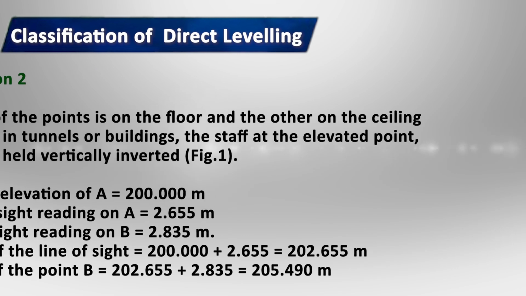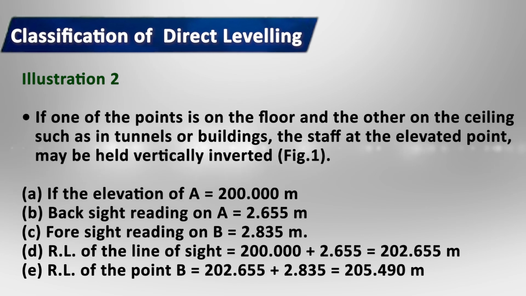In the next illustration, if one of the points is on the floor and the other on the ceiling, such as in tunnels or buildings, the staff at the elevated point may be held vertically inverted as shown in the figure. So, in the question, if the elevation of A is given as 200 meters and the backsight reading on A is given as 2.655 meters and the foresight on B is given as 2.835 meters, then the reduced level of the line of sight will be equal to 200 plus 2.655 meters,